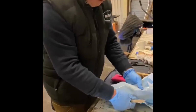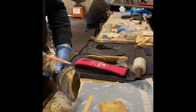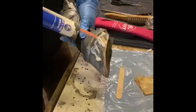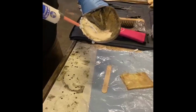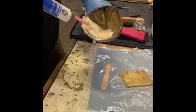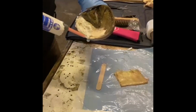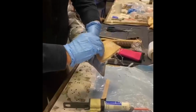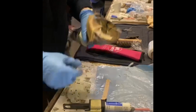So we could carry that over to the horse if we were doing it on a live horse. Here we're not, so we'll open it up again. We've got to apply some glue to the crack and the area around it. And as you can see, we've protected the coronary band. We need glue up the lateral sulcus across the sole, and then we're just going to put our patch on. Remember, the important thing is not to go above the coronary band, so line it up there, turn it in there,